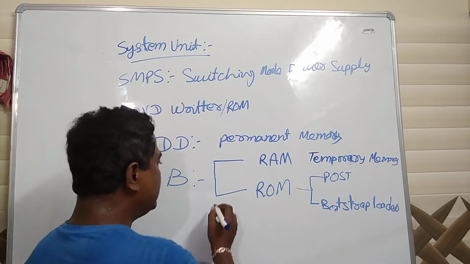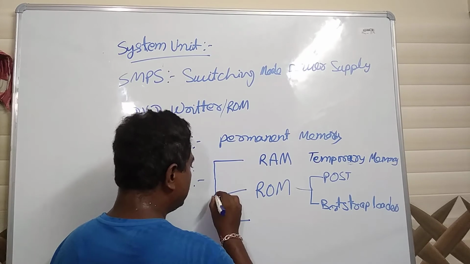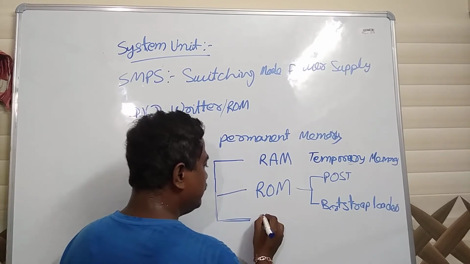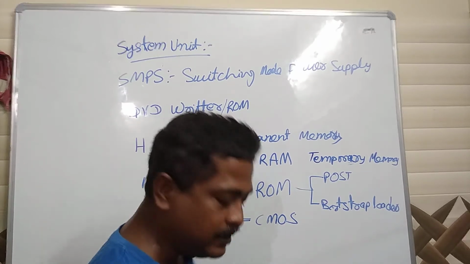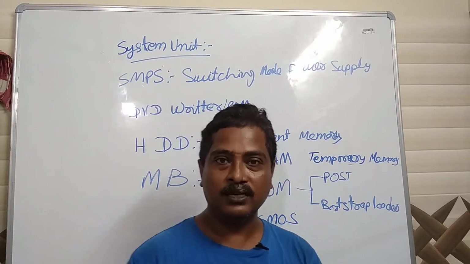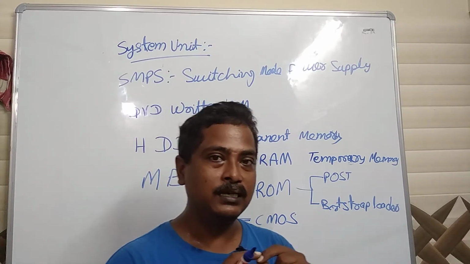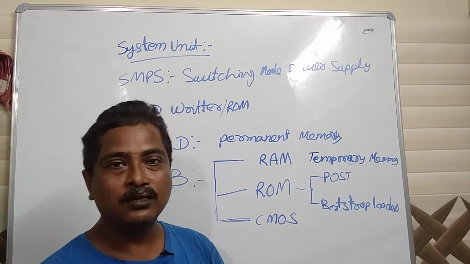Now let us go to the next equipment, that is your battery. There is a metal oxide semiconductor battery inside the system. What is the task of this battery? A battery can't store data. A battery can run something. It can give some power to a chip or something. Now why is it used inside the computer?